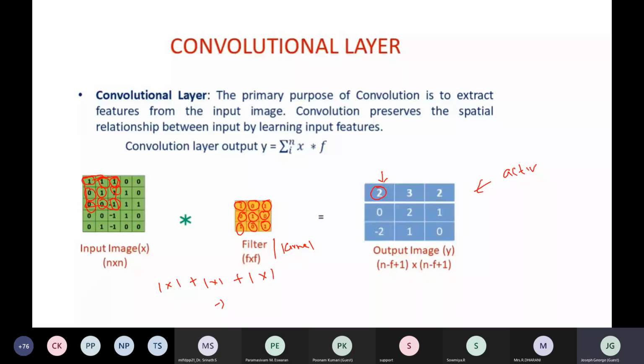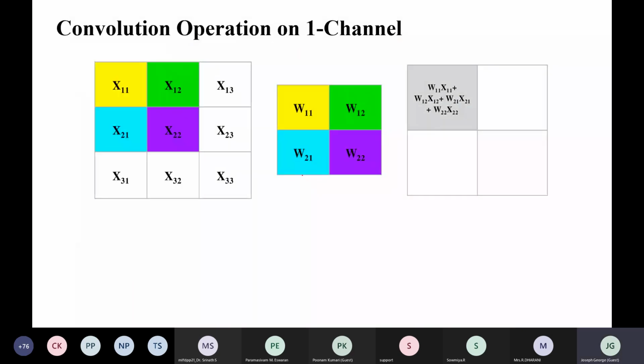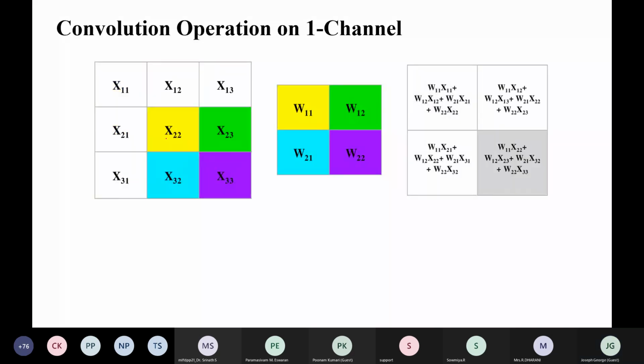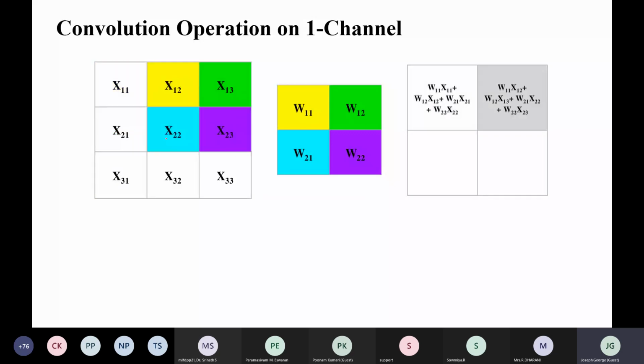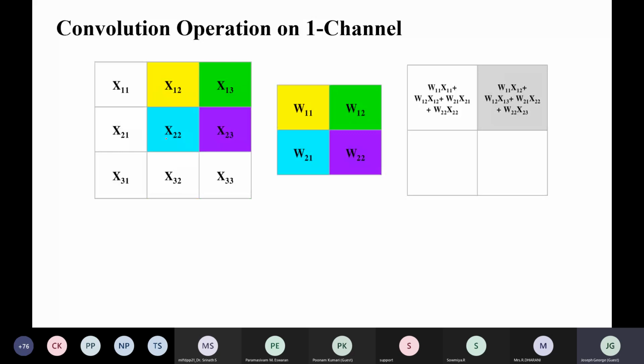For better understanding, I will show you one file so that it will be easy for you to understand. You can see here the weight, or the filter, or the kernel is placed on the image, and it slides from left to right and from top to bottom, resulting in an activation map.